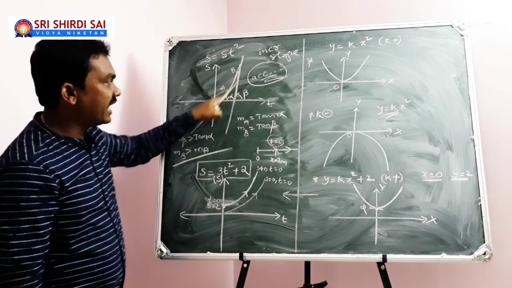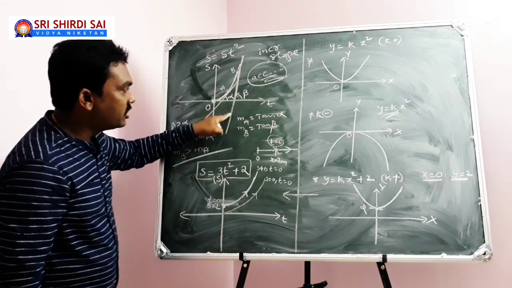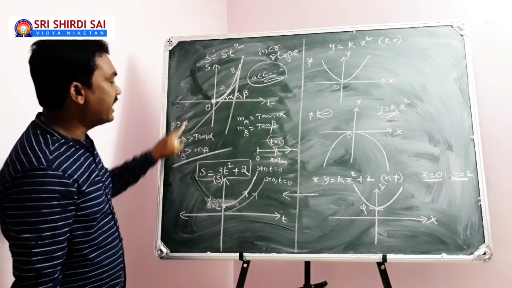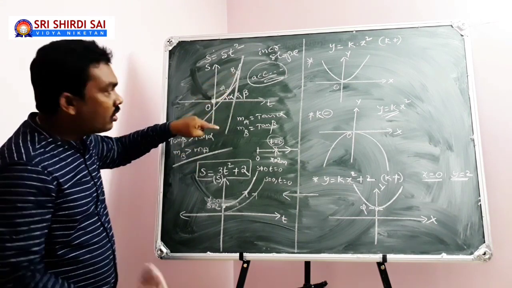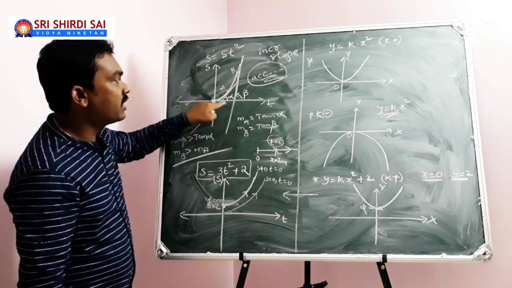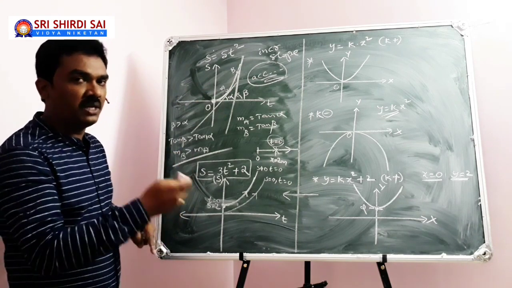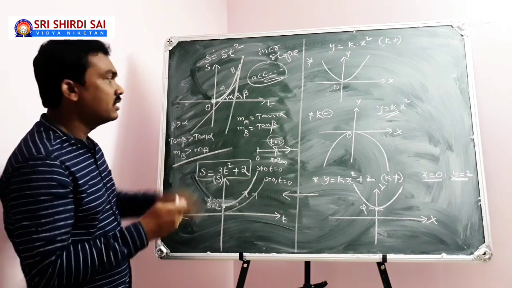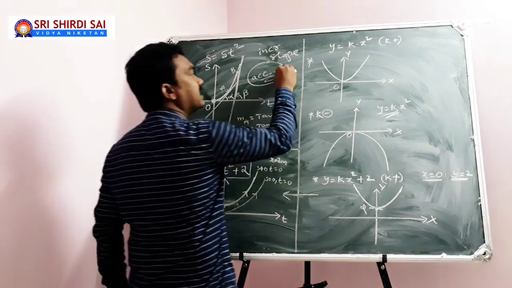How can you say? At A you have drawn a tangent that makes an angle alpha. At B you have drawn a tangent that makes an angle beta, but beta is greater than alpha. So tan beta is greater than tan alpha, meaning the slope of the curve at B is more than the slope of the curve at A. Means the displacement time graph is a curve with increasing slope from A to B. It means that the velocity of the particle is increasing from one point to another point. Means your body is moving with acceleration.